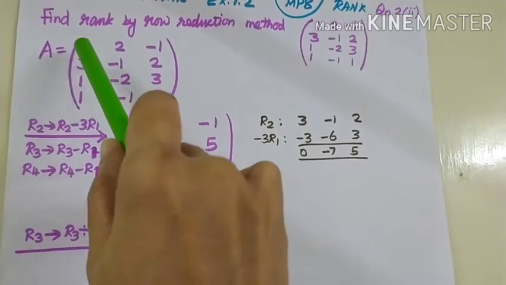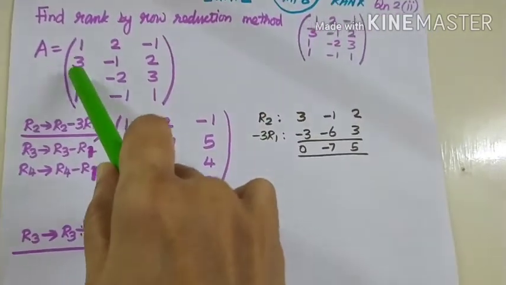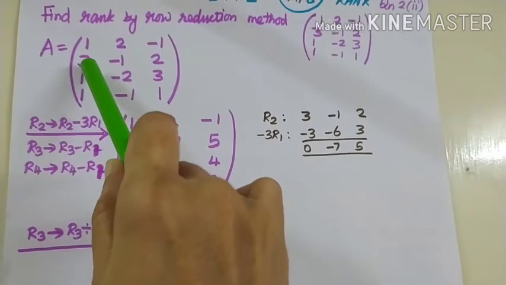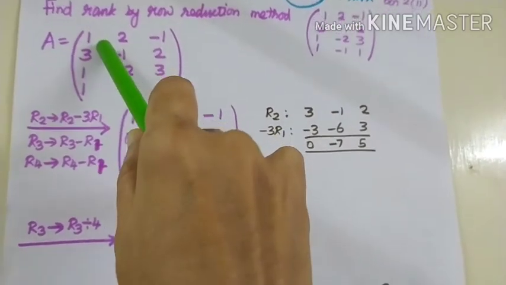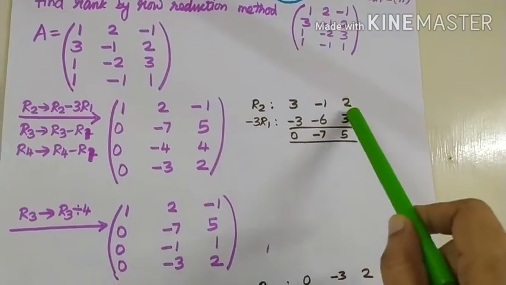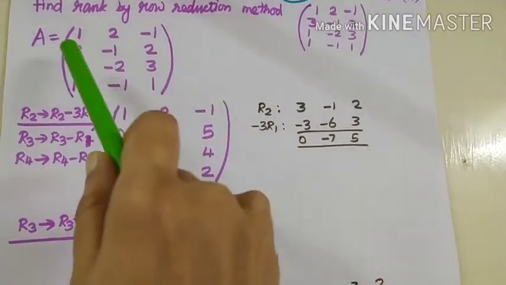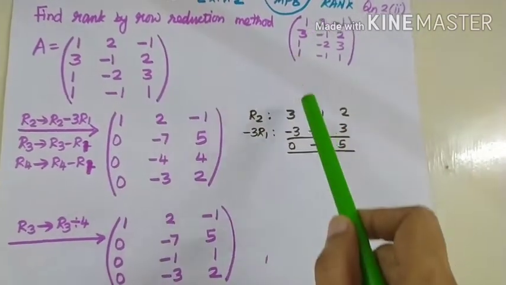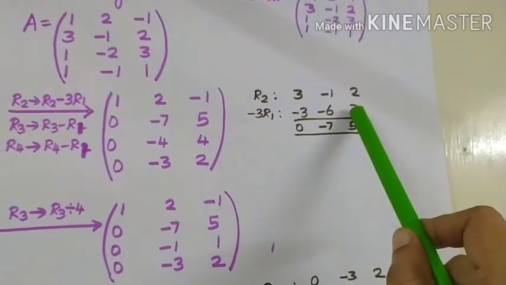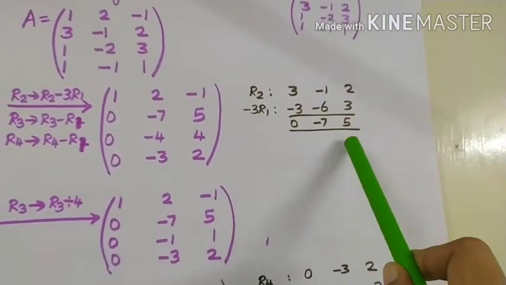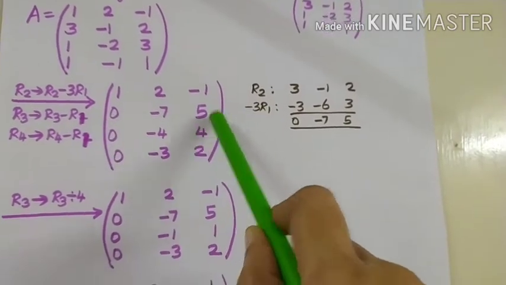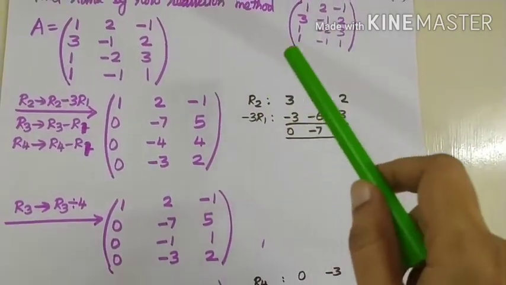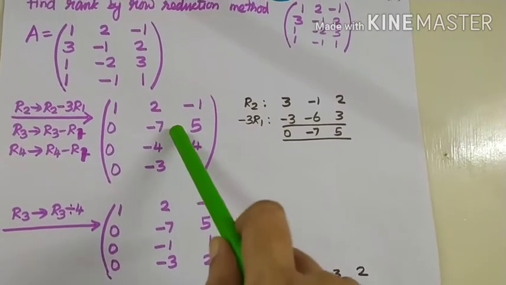Suppose 4 is there means 4R1. 2 is there means 2R1. So, here there is a 3. To bring about 0, write row 2 elements minus 3R1, means R1 multiplied by minus 3. 1 into minus 3, 2 into minus 3, minus 1 into minus 3. And whatever answer we get, let us write over here. This is only for our clarification. If you can do it directly, that is well and good.